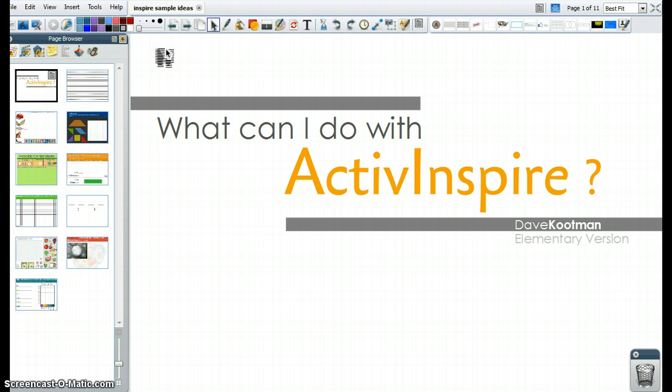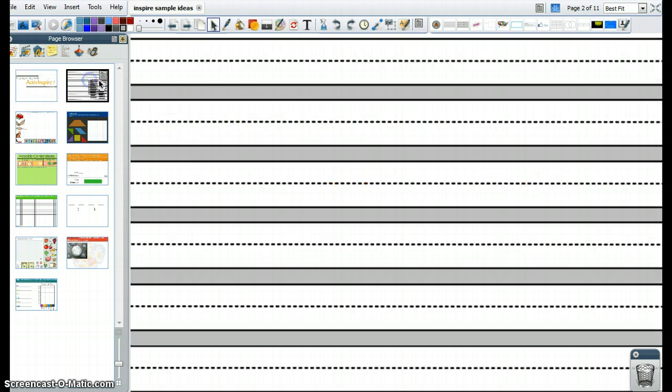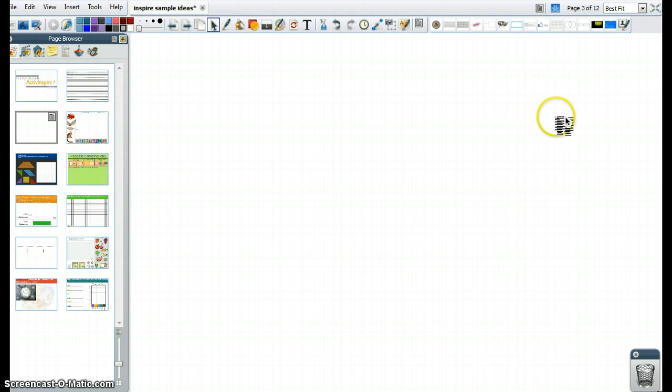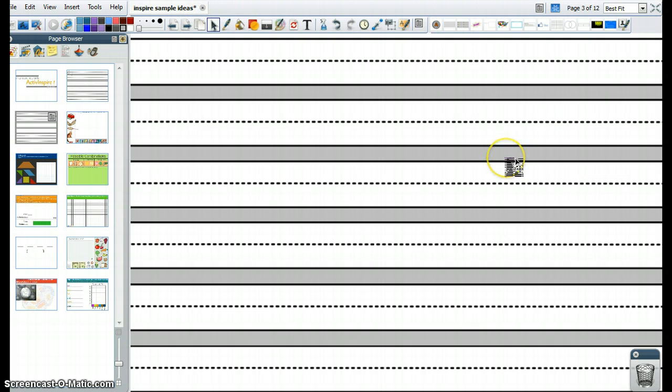So to start off with, really simple, how does this make anything better than a typical dry erase whiteboard or just PowerPoint? And one thing that I absolutely loved, now these are going to be mostly elementary examples, is that in the classroom you're always teaching students how to form letters, and so obviously you want this lined paper. On a dry erase whiteboard, you spend half the time making this paper and only a fraction of the time modeling proper letter formation. But with ActiveInspire, you can start from a blank page and one click of a button